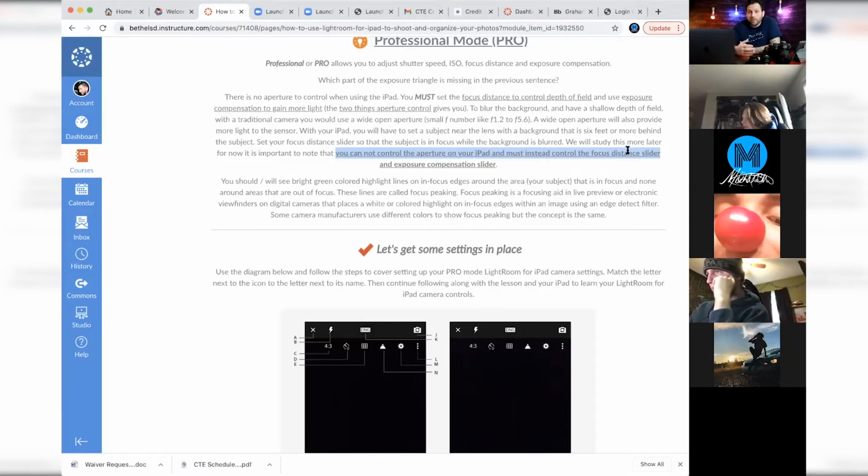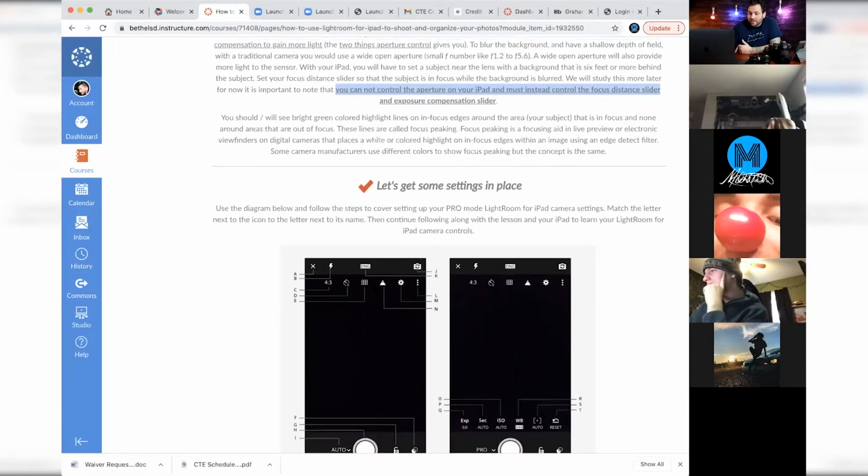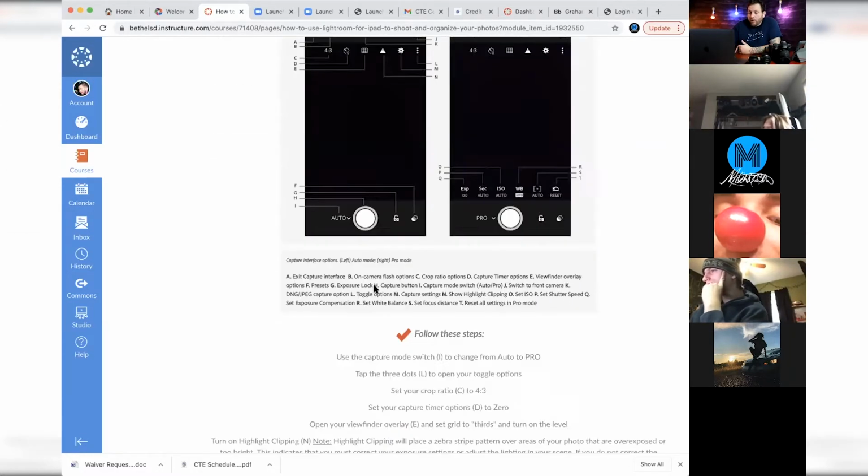I'm going to go through the whole app and show you how it all works. But there is no aperture in the iPad. Instead, we use the focus distance slider. So I'm going to go to the previous page